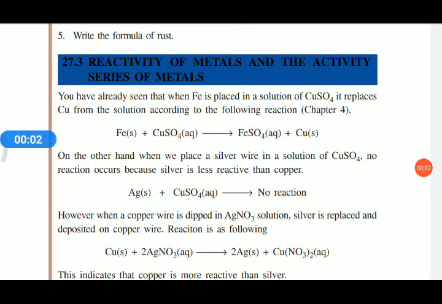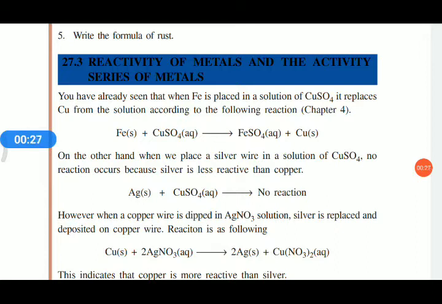In our previous class, we discussed the physical and chemical properties of metals. Now we are going to discuss the reactivity series of metals. In our previous class, we studied a type of chemical reaction,